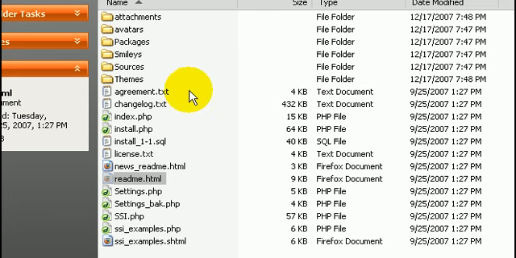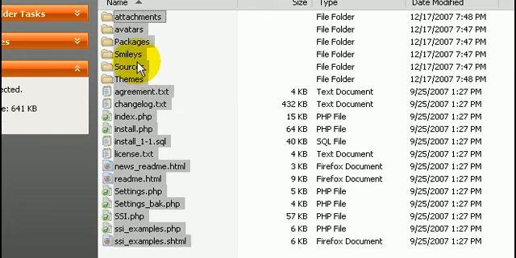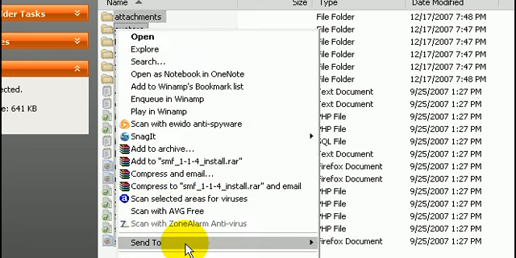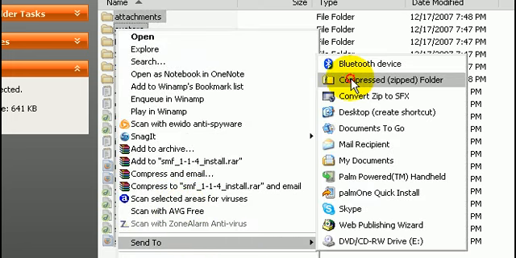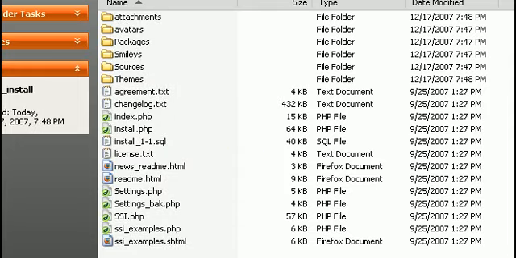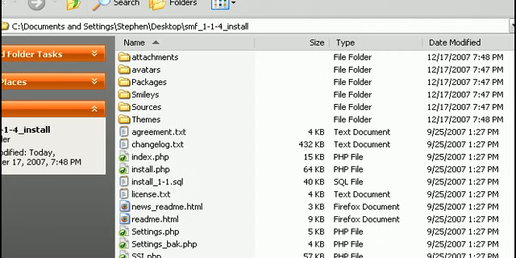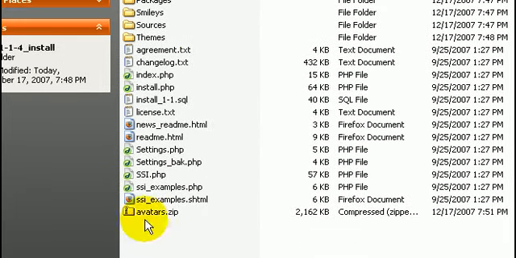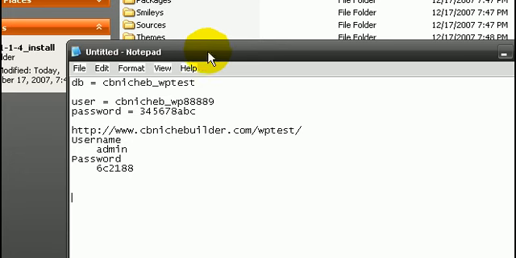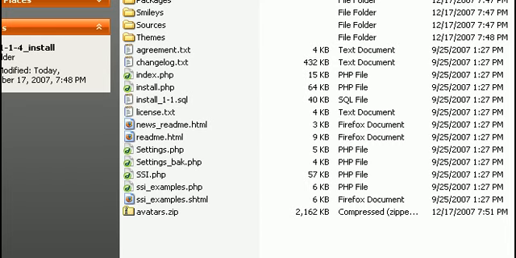So I'm just going to highlight everything, and you can either upload the same zip file if you like to, but I'm just going to compress it into a separate zip file. And once that is complete, I'm going to copy the address so that I don't have to think of where that zip file is located, and then I'm going to upload the zip file to a folder on my server. I'm going to name it /SMF test. So if I go ahead and upload all that,